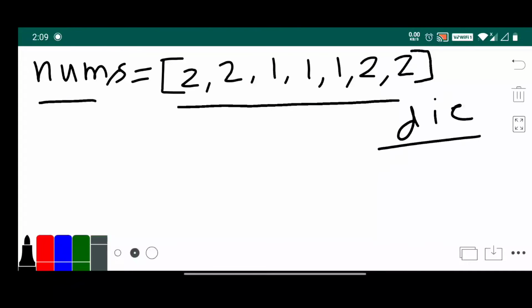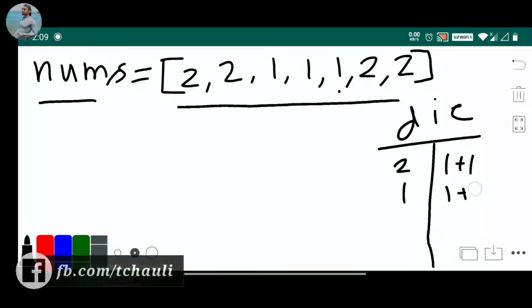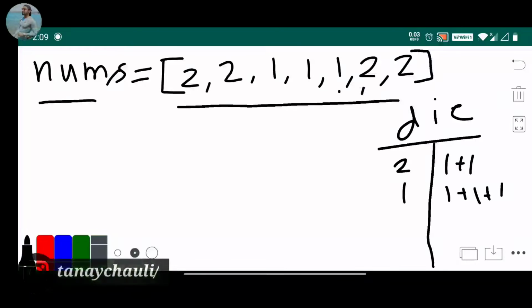First we take a dictionary, and inside this dictionary we store the nums element as a key and the occurrence as a value. First we store 2 with occurrence 1, then again 2, so we increase the occurrence. Then 1, and again 1, then again 1, so there are 3 times 1 and we increase the occurrence accordingly.